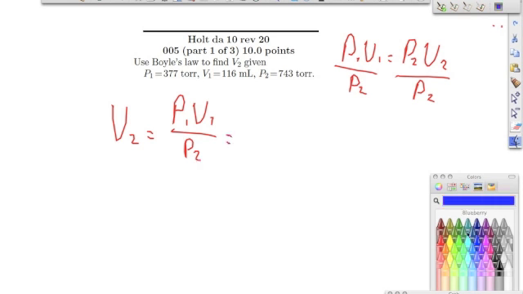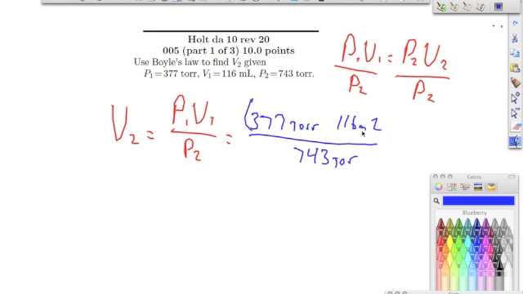Which we go ahead and plug in what's already given to us. It's our 377 torr and our 116 milliliters for our V1 all over our P2, which is 743 torr. And make sure we put parentheses around the numerator and denominator. Plug it in the calculator, and we get an answer of